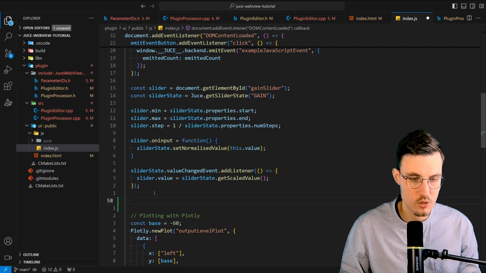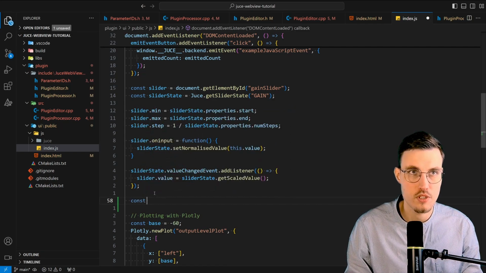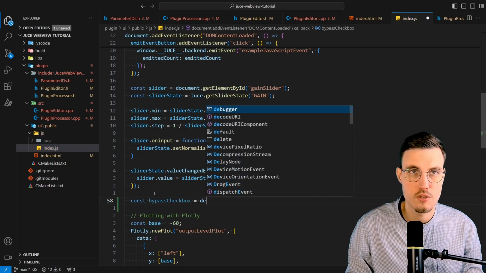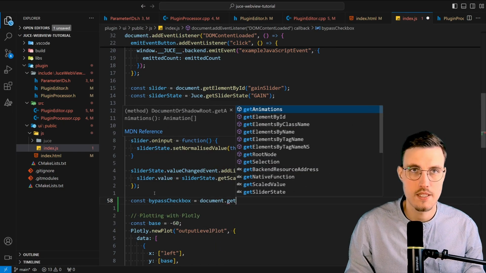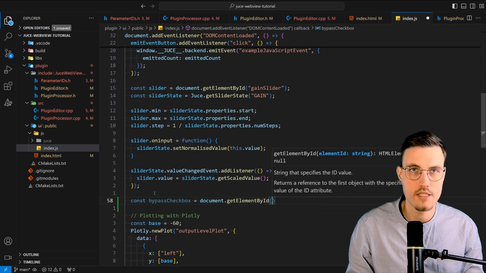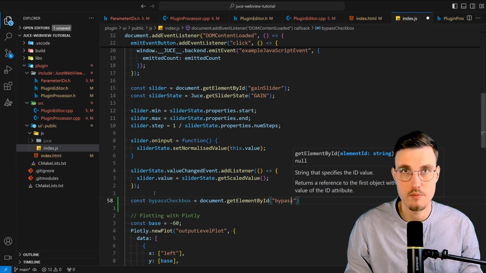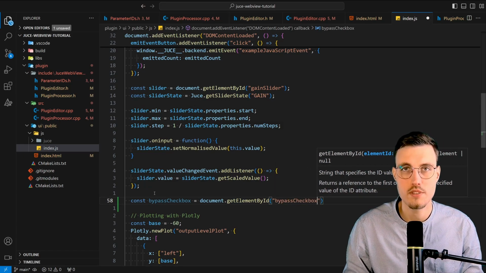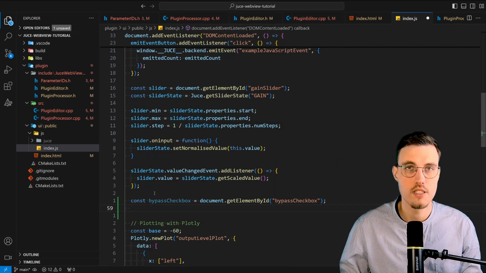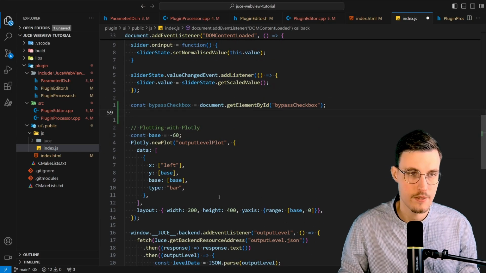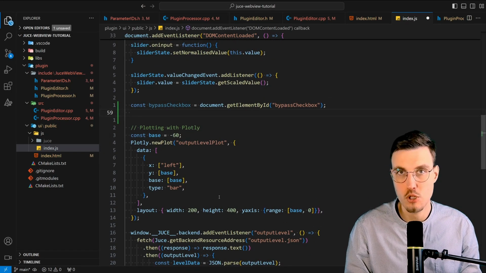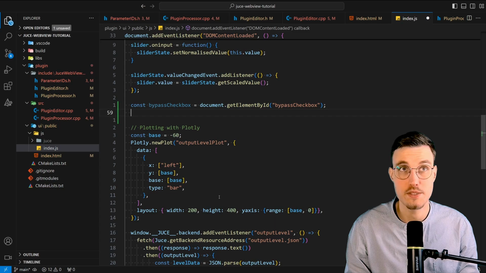And here we need to retrieve the checkbox. So we go const bypassCheckbox = document.getElementById, and we pass here bypassCheckbox. This is the ID of our input HTML element. And then we retrieve the toggle state that we exposed thanks to the